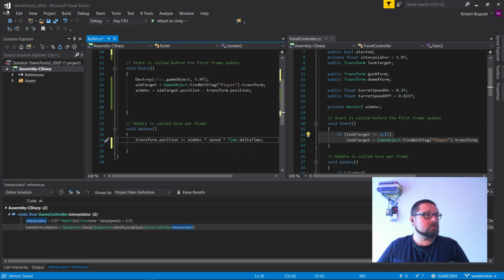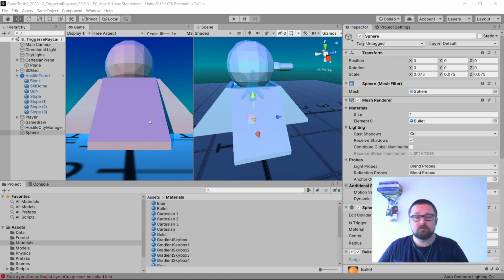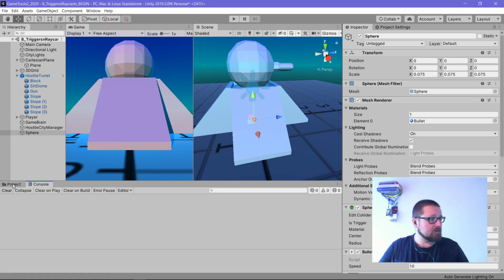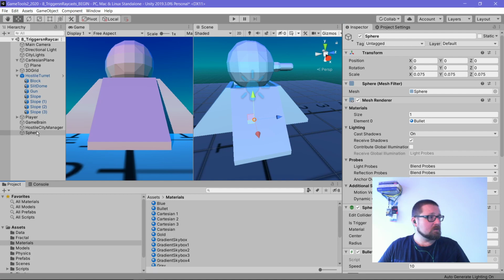Alright, so let's try what that does. That won't do anything. I've forgotten something. We haven't modified our turret class at all. We haven't created the prefab yet. So let's say maybe this is a good time to make our prefab